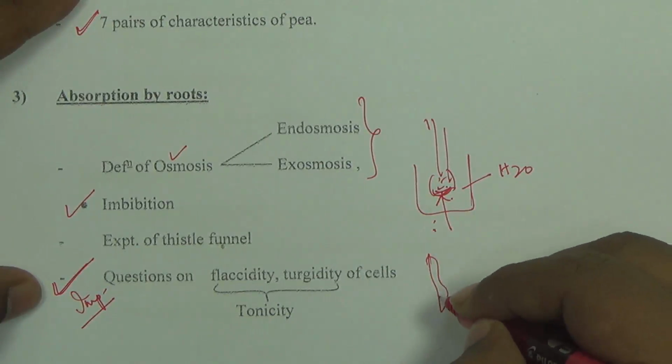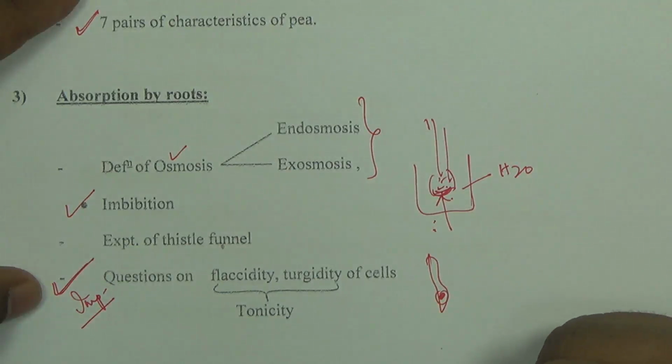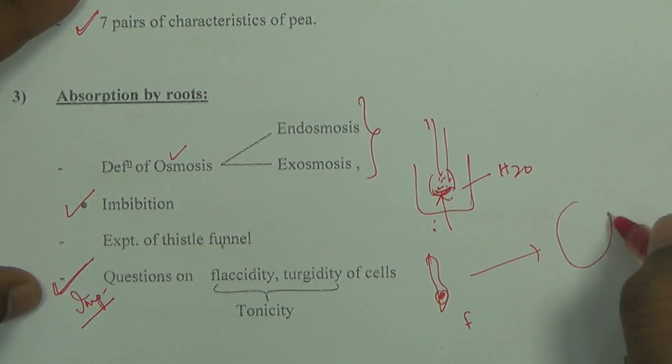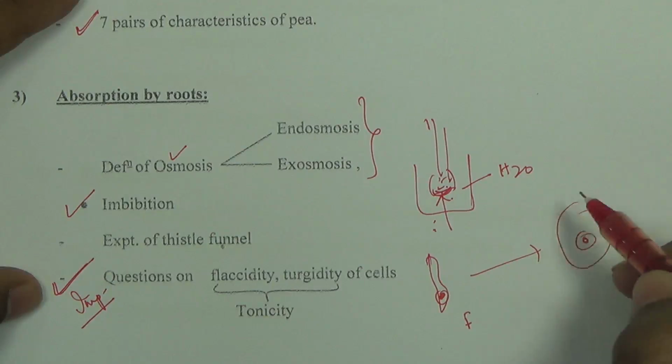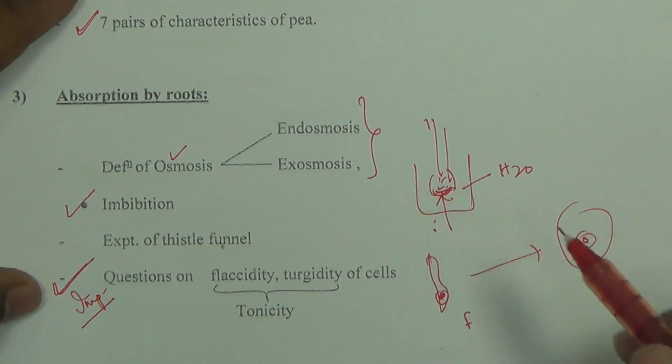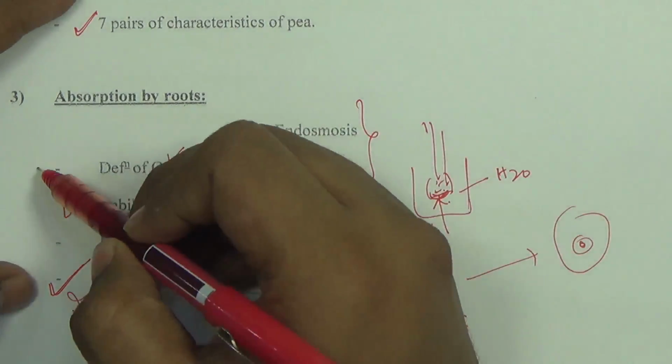A cell might be drawn and they might ask you what state the cell is in, so you have to write the cell is in flaccid state. How can it be turned into a turgid cell? Of course, when you keep it in a hypertonic solution. So all these logical questions might come from absorption by roots. So this is your first chapter of plant